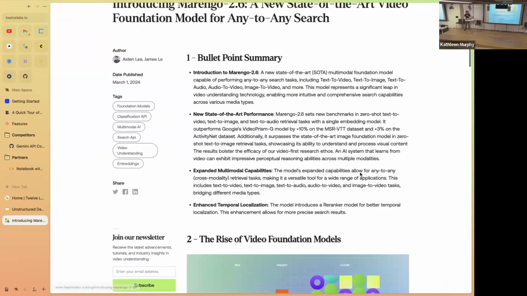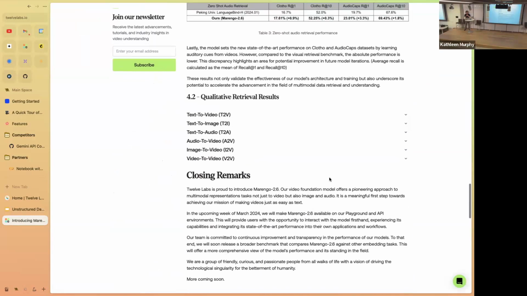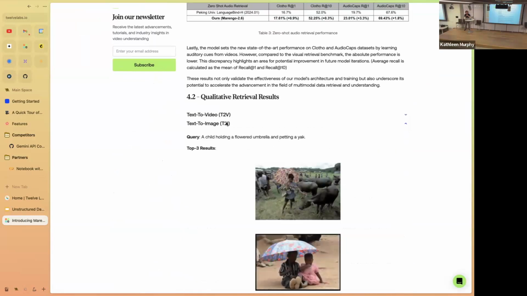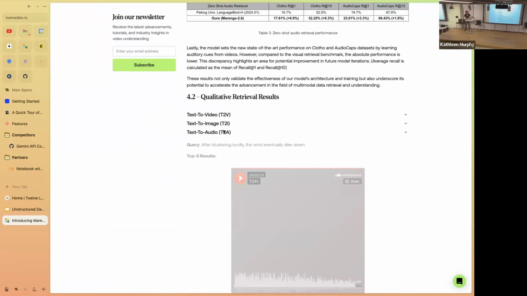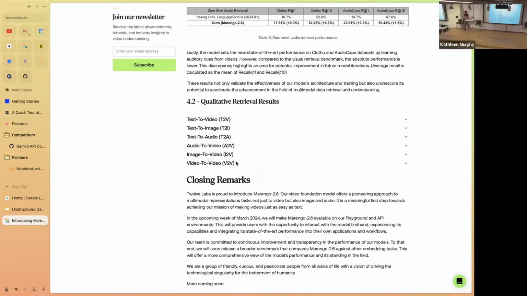This one right here showcases all the retrieval results: text to video, text to image, text to audio, etc. If you want to go deep into the metrics, I recommend taking a look at this longer, more research-focused piece.